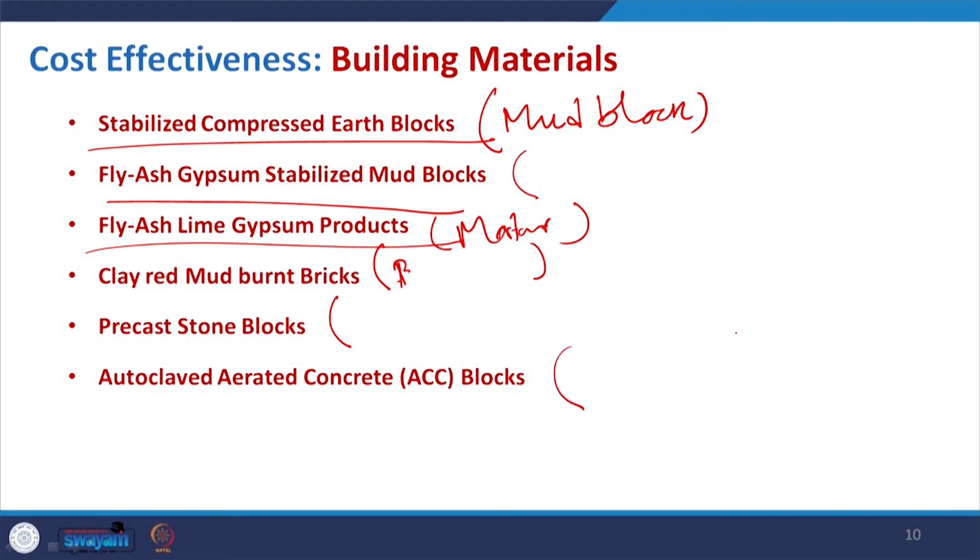Then the other alternative is basically the autoclaved aerated concrete, which is light concrete material and also available in blocks. So, in case of using the mud and the burnt mud brick, alternative materials are available to make the wall construction, and this can be used for different purposes as well.